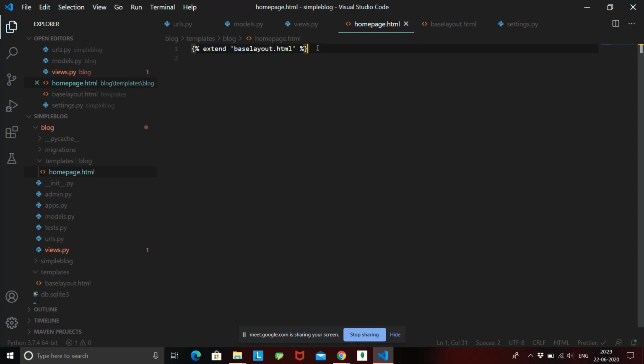Now this is going to tell Django that this page is a part of base layout, so whatever I am writing over here should be linked to base layout directly. Okay, and now how can I write the content? I'll just again say block content, end block, and whatever should be the content is written inside this place.